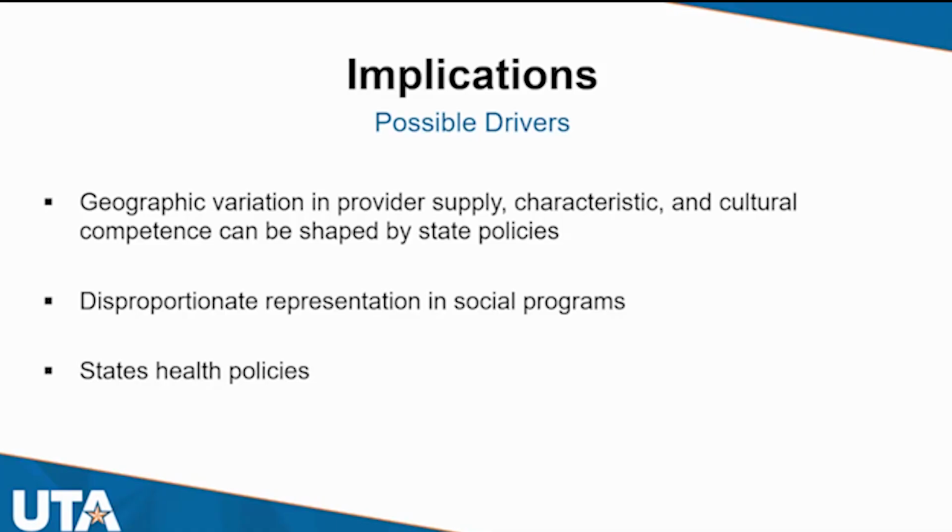states. So I think it's an important area for investigation that really hasn't been looked at that much at the policy level in terms of what are the policies in social programs like foster care and child and family services and justice programs, and how does that shape access to mental health care differentially for these populations? And then, of course, there's a huge amount of variation in state policies that are related to health, things like